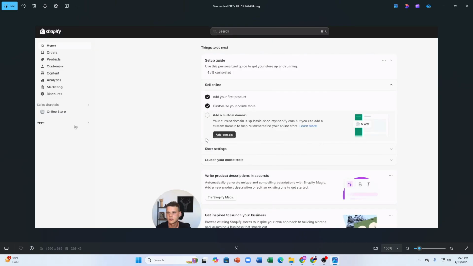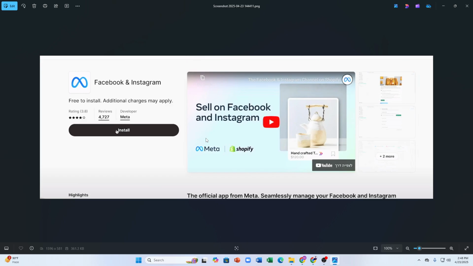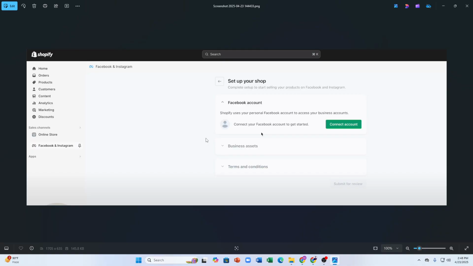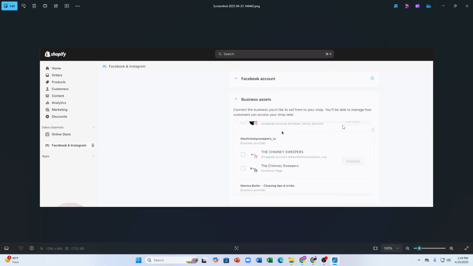So after that, you head over to the Shopify dashboard, and from there you have to search for the Facebook app-X Facebook, this one, and you will find this option called Facebook and Instagram. Okay, from there you have to install this one. So after installing, as you can see, there's an option called connect account. You have to tap onto this green text and connect your Facebook account, or you can also connect your Instagram